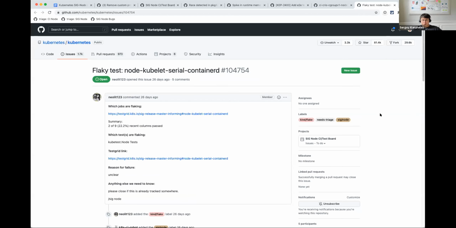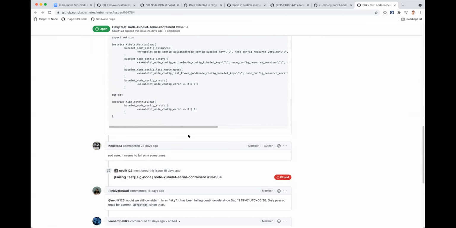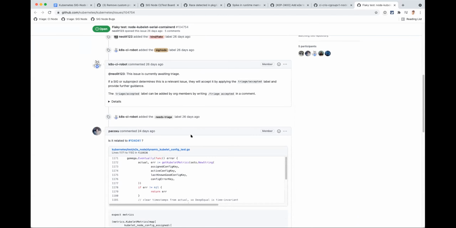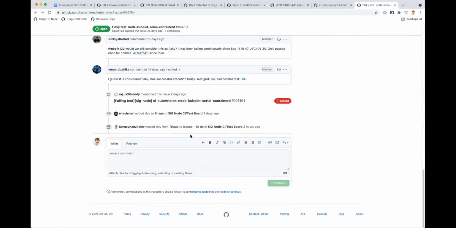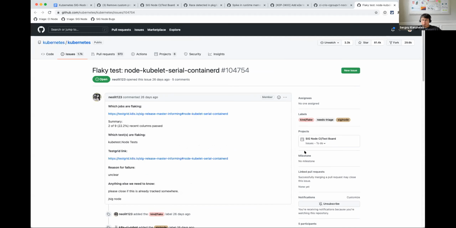So let's go from the end since we already discussed it. Artyom, you're looking into that, right? Currently, I'm looking into the serial one, but this one is pretty related also to serial failures because it has the same kind of failures, but it just excludes some Docker-related tests. Is it okay if I assign it to you? Yeah, it's okay on my side.